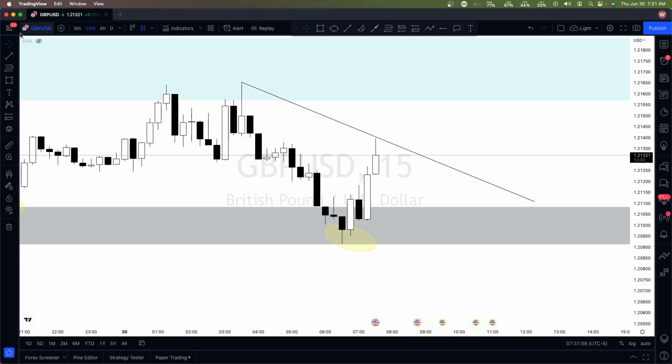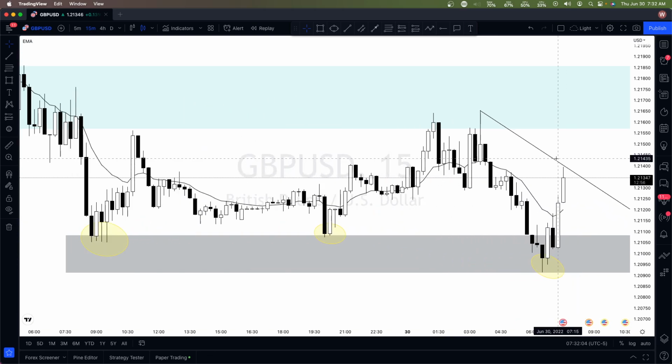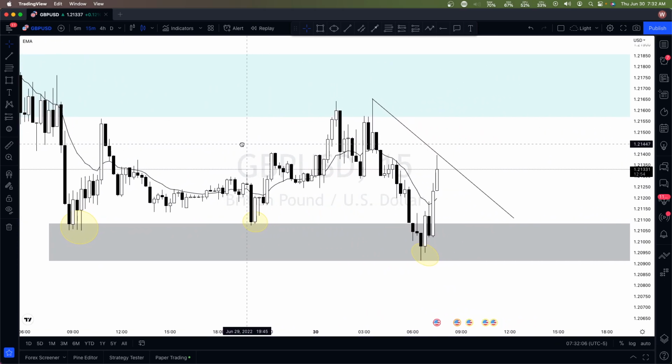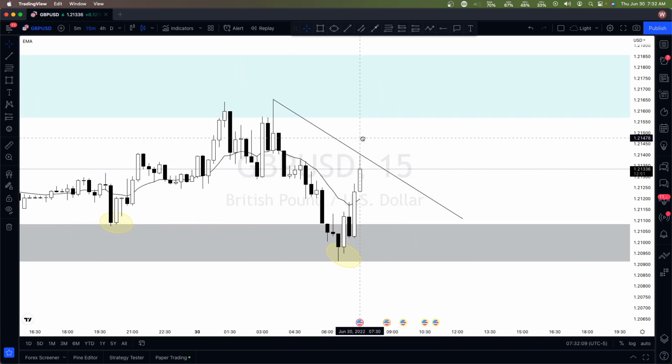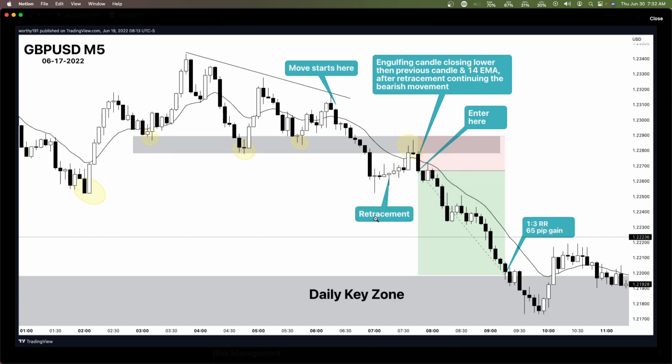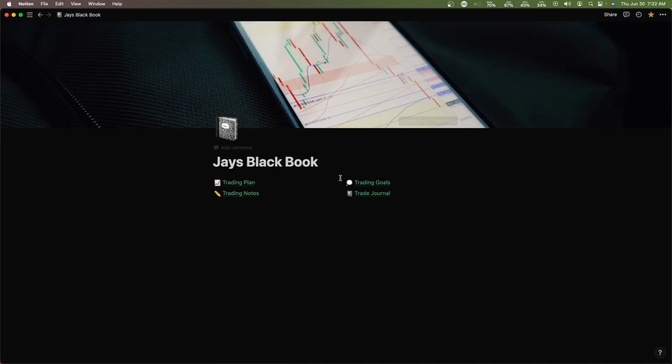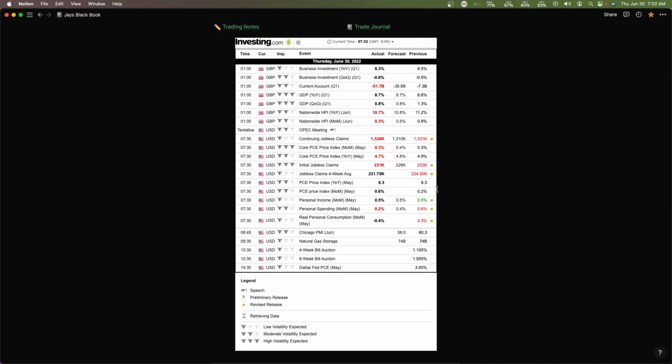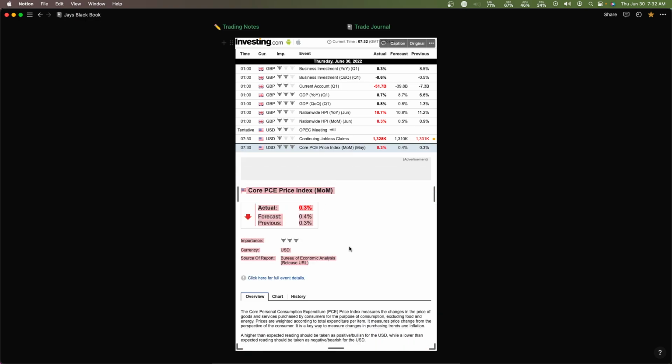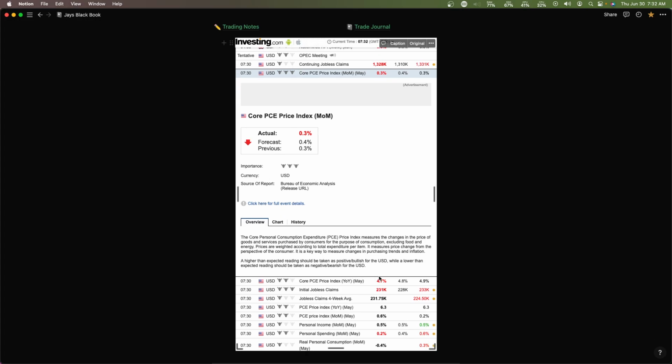I'm going to grab the EMA above the EMA. So right now we're just gonna wait. News just came out. Let's go look at the news. What came out? We have this one. It's lower than the forecast. So a lower than expected reading should be taken as a negative for USD, which is why I have the buy movement, the bullish movement right now at GU.